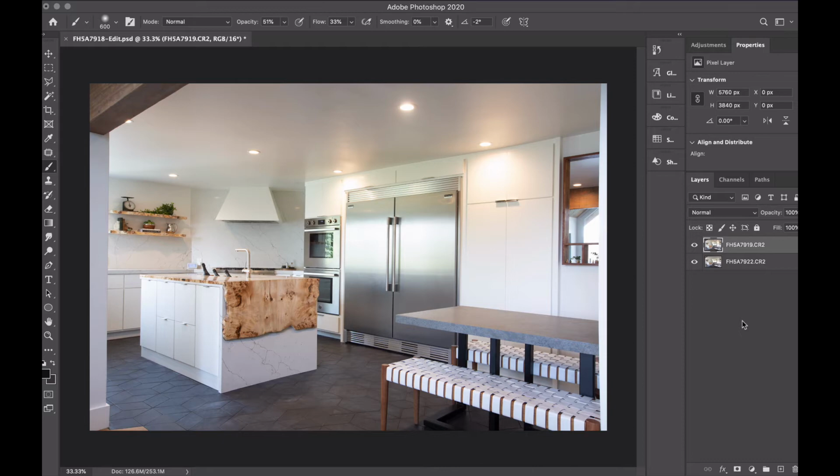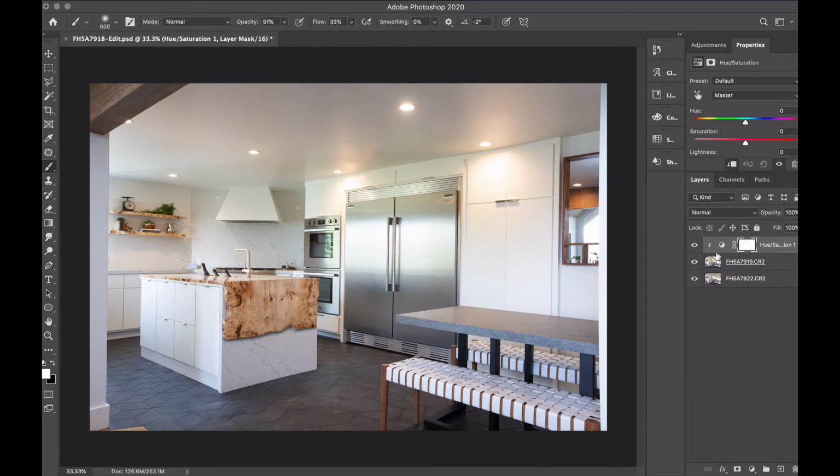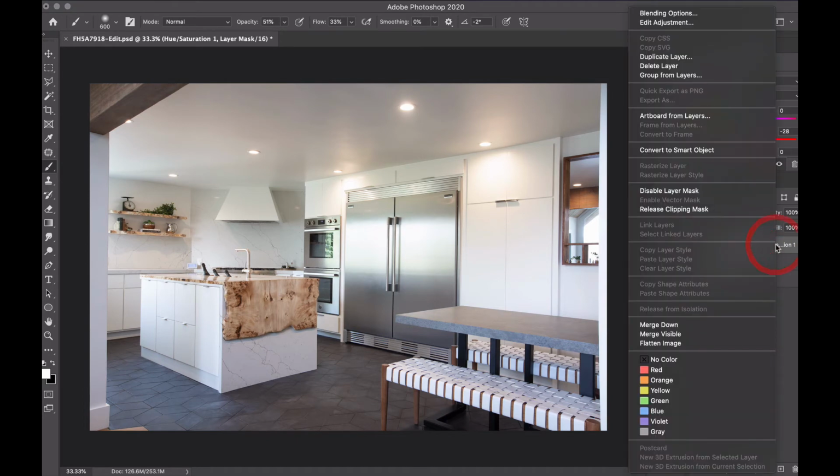So typically what I would have done is I probably would have put an adjustment layer for the saturation on that top photo, and I would have desaturated the yellows. However, that's a little bit complicated. So we're going to skip that,